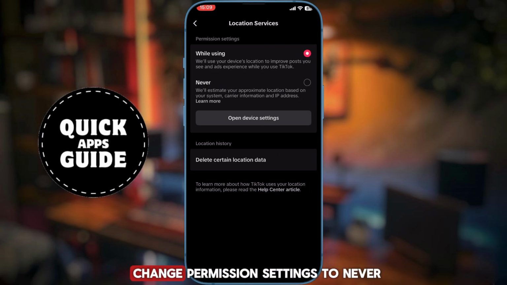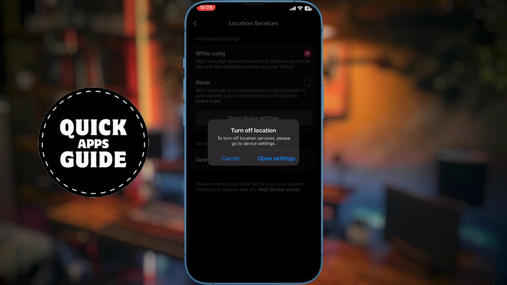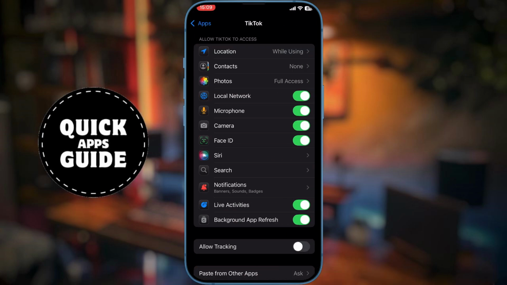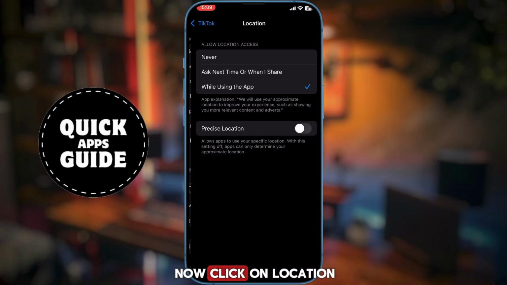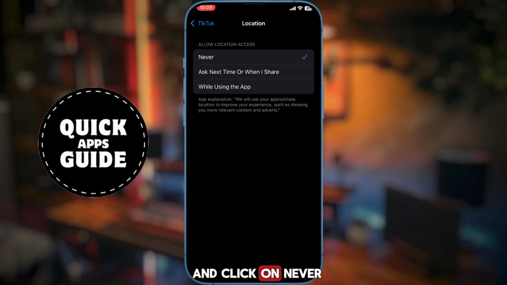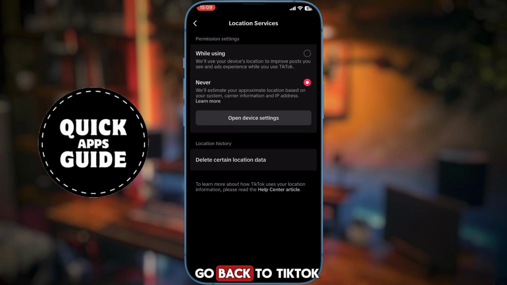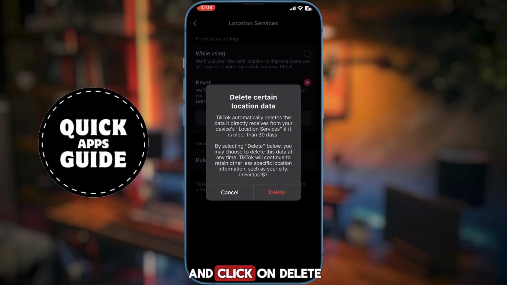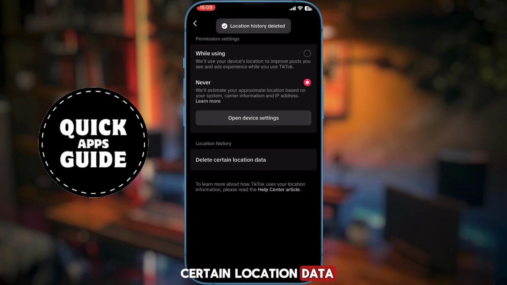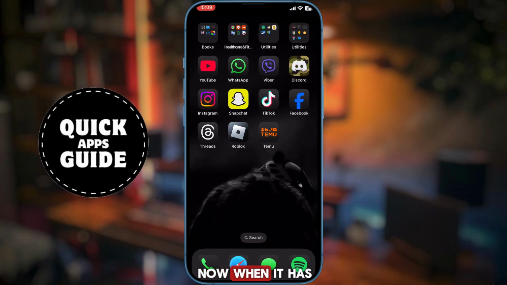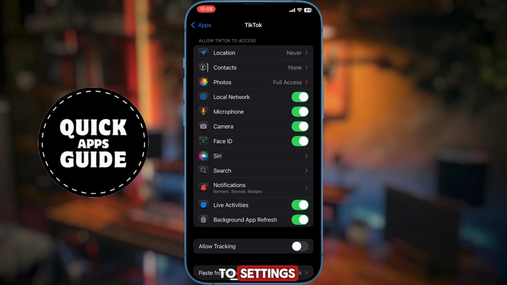Now you want to change permission settings to never and click on open settings. Now click on location and click on never. Now you want to go back to TikTok and click on delete certain location data. Now when it has been deleted, you want to go to settings